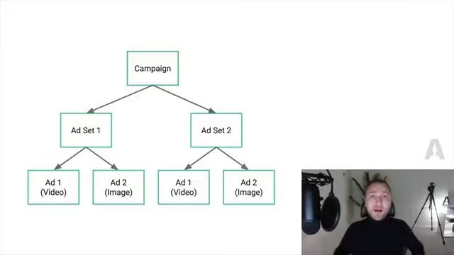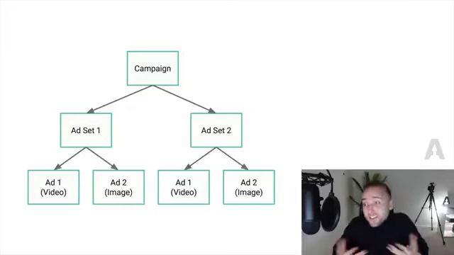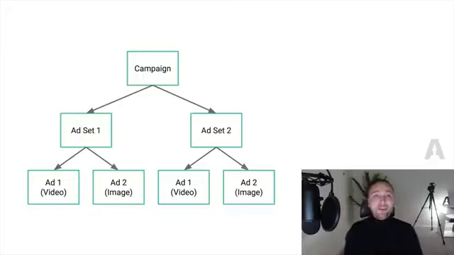And within those two ad sets, we have two different ads we're testing out as well. So we have ad 1 and ad 2. Ad 1 could be a video showing somebody giving their dog this treat. Ad 2 could be an image of a dog eating a treat or a very happy looking dog. So actually what we have here with this diagram is one ad campaign which is testing out two different ads